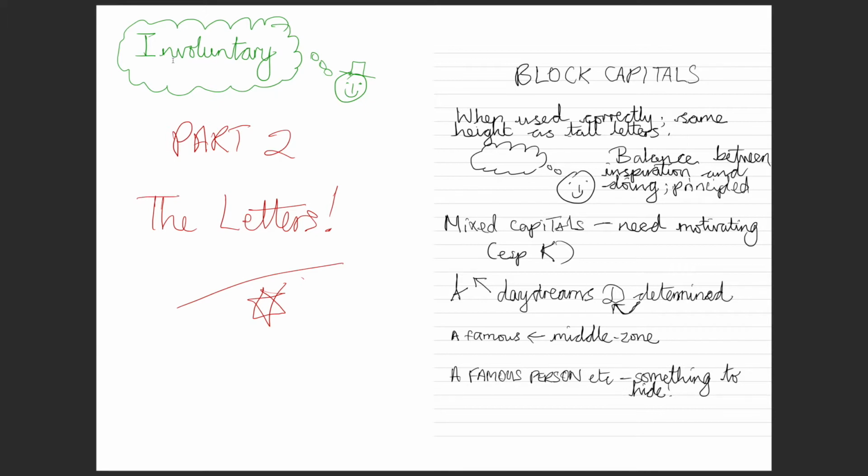Okay. Block capitals. The first thing you'll see there is a block capital, dear Marky P. I've just got a few generalisations here. I say when capitals are used correctly, that means in the right places in sentences, people's names, start of sentences, abbreviations, whatnot. When they're used in the correct place, and when they're the same height as tall letters and in proportion,